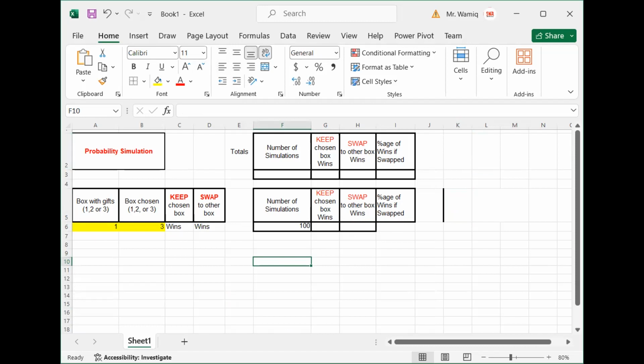Now, your question says that I need to replicate A6 and D6 to 1500 values. A6 is here and D6 is here. I need to replicate this to further 1500 simulations. That means